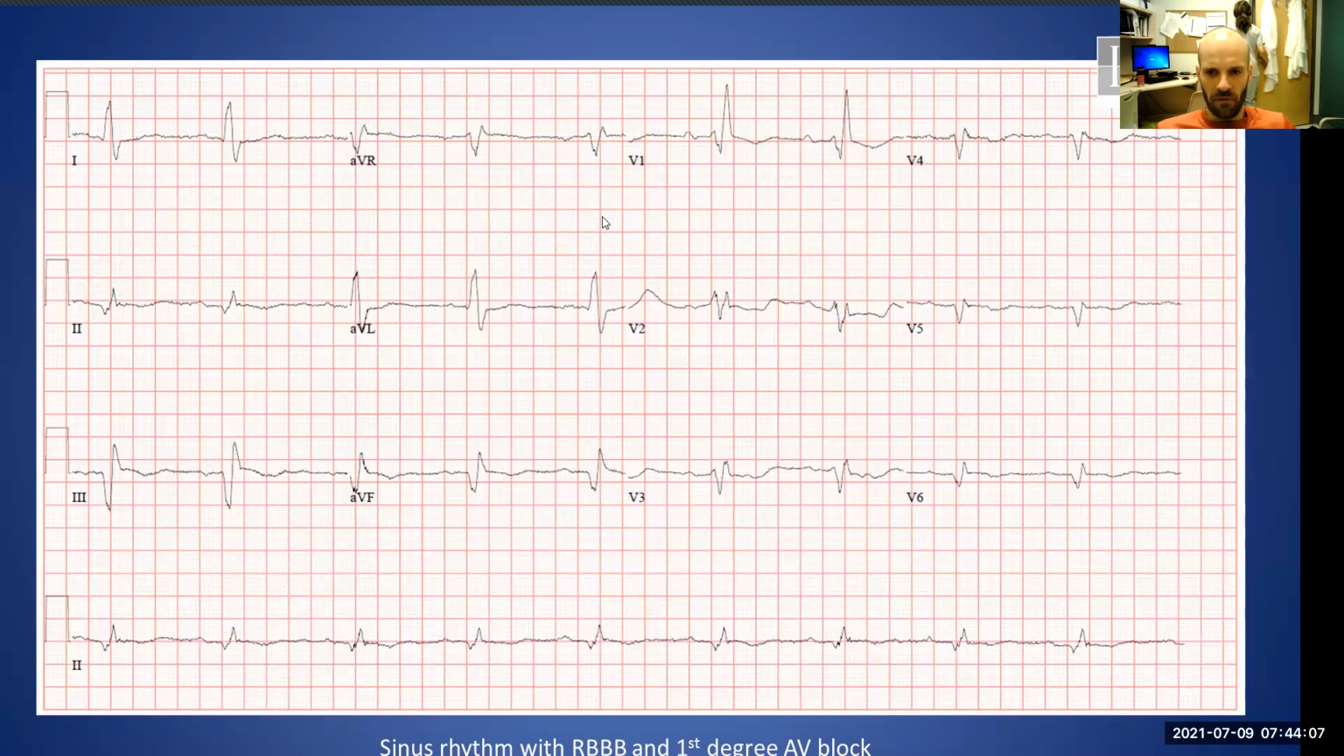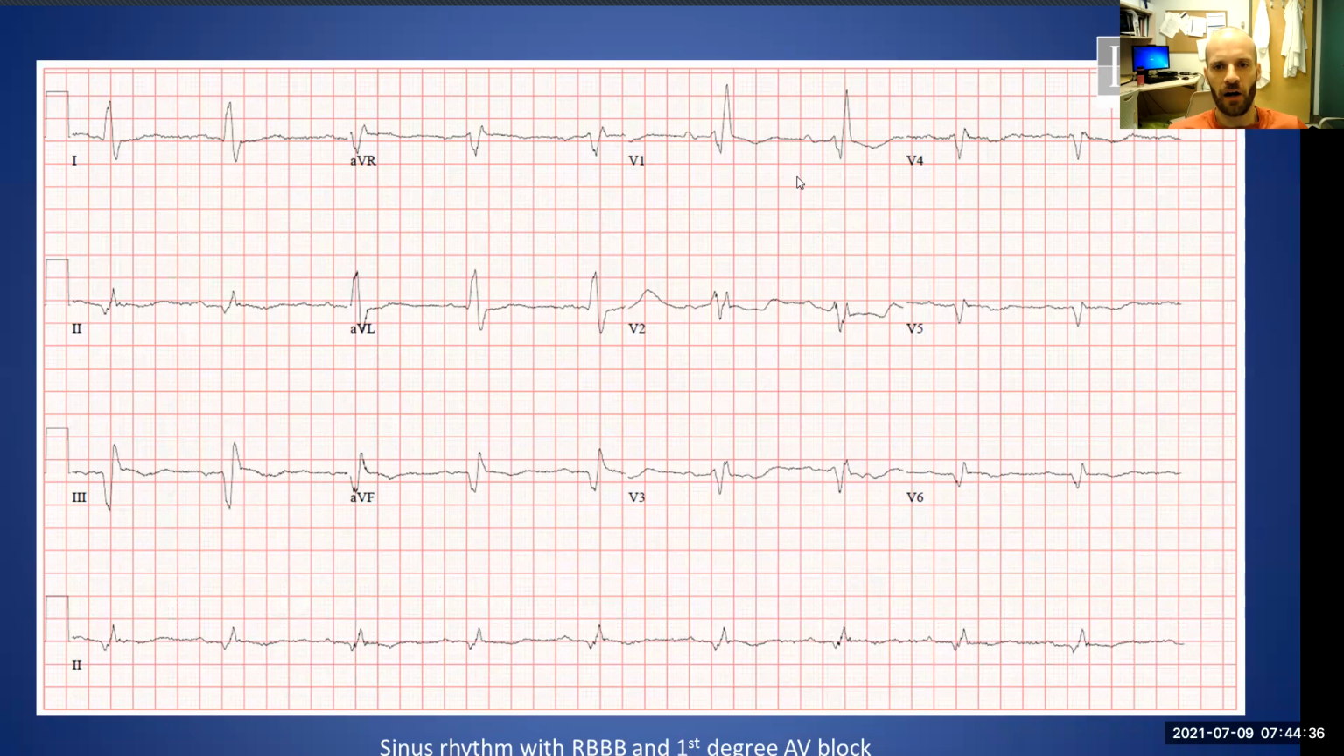Okay, so putting all these things together, we've talked about bundle branch blocks, and we've talked about pacemakers and the sorts of patterns that we get with that. And we've got a few more examples of ECGs showing these things. So here we've got sinus rhythm with a right bundle branch block pattern,